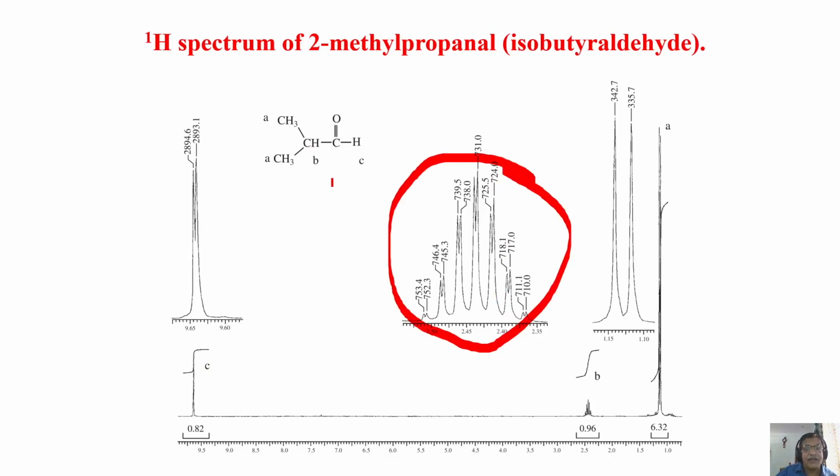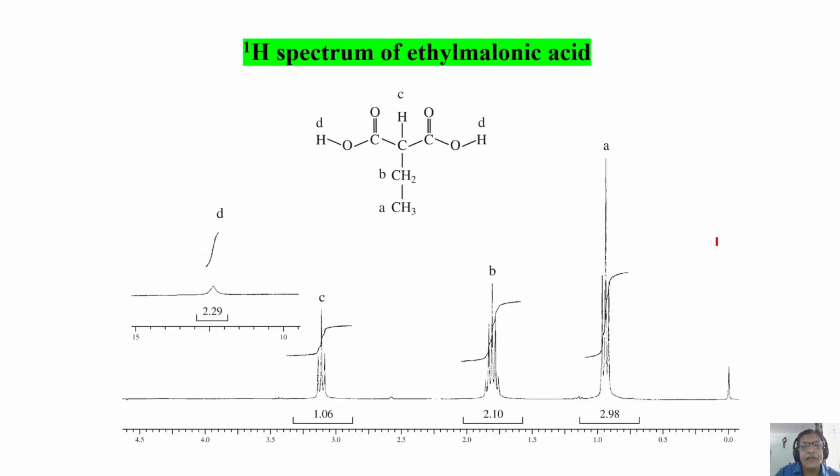What is happening here? So this is the CH proton. Now the question is, why is this CH proton, or CHO group, coming downfield? Because it is attached to C double bond O. That's what you should look at in the spectrum. This is the CHO group. This proton is coming downfield, and then CH and two CH3. So there are three different groups. You can interpret this splitting pattern very easily.